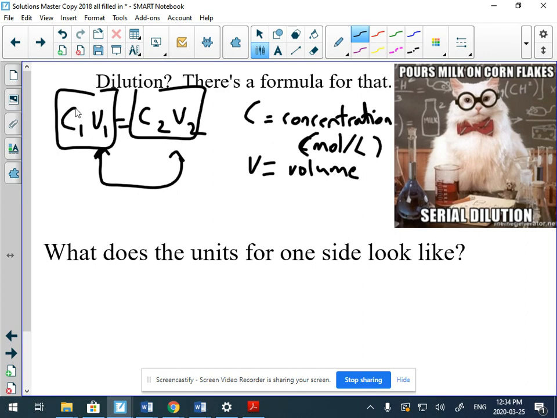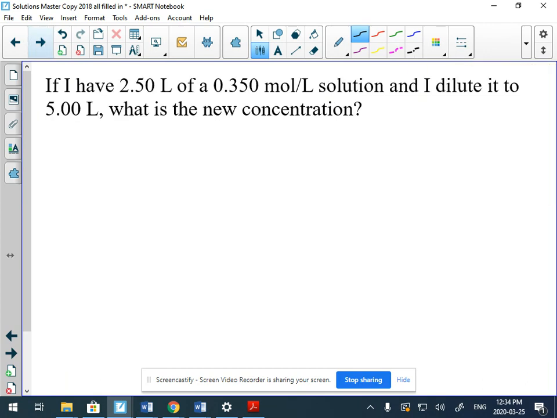How do you know when you need to do a dilution problem? The question will say you are diluting a solution. Okay, let's try this one. If I have 2.5 liters of a 0.350 mole per liter solution and I dilute it to 5 liters, what is the new concentration? Okay, so dilution,